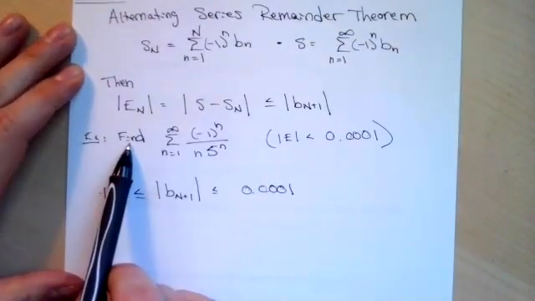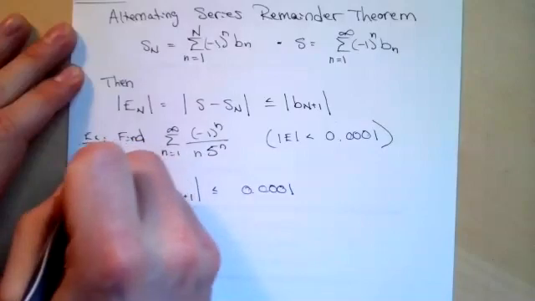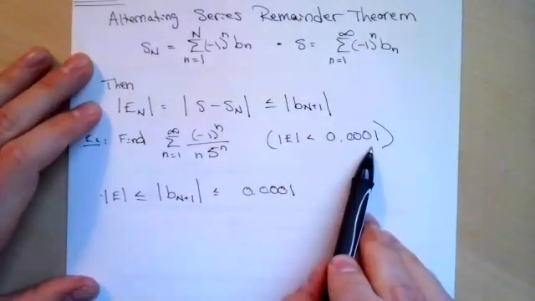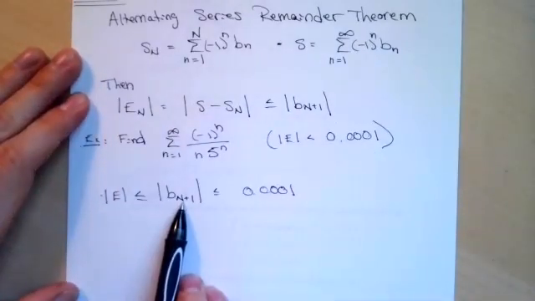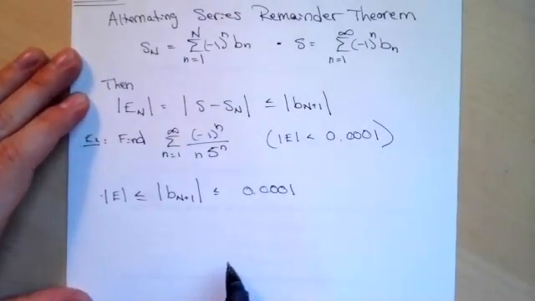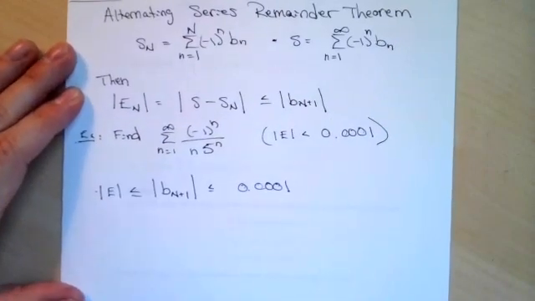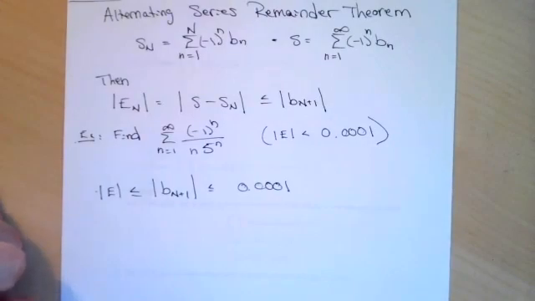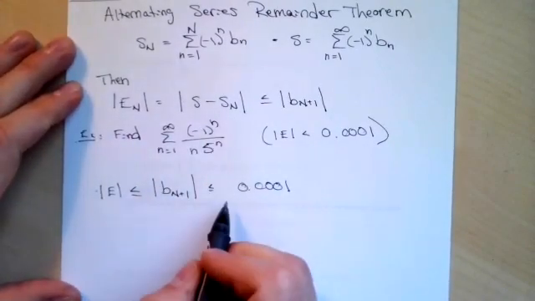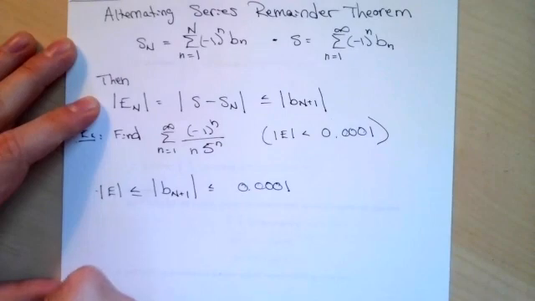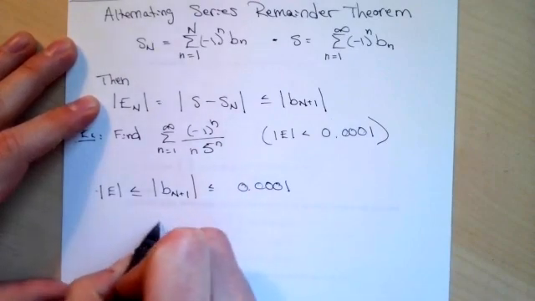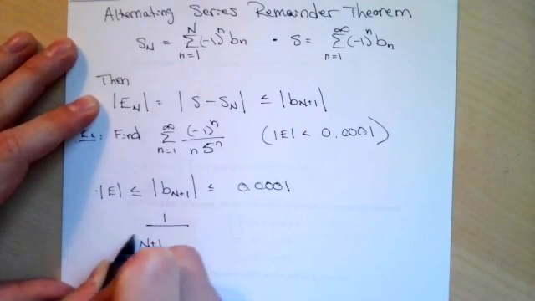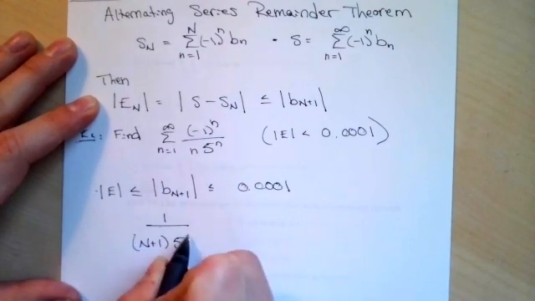So it might ask, find the number of terms, or add the sequence, or compute the sequence up to this degree of error, in which case first we need to find the number of terms and then add them up. Or it might just straight up ask how many terms we need to add up to be within this margin of error. So our b_(n+1) absolute value is easy enough, so we can get rid of the alternating part. And what we're trying to solve now is just 1 over (n plus 1) times 5 to the n plus 1